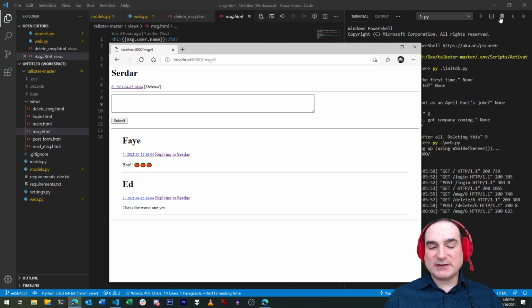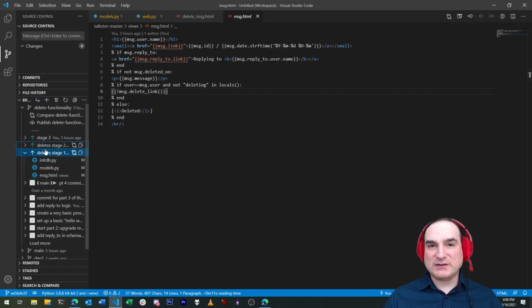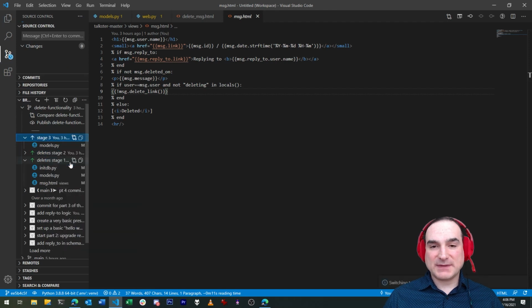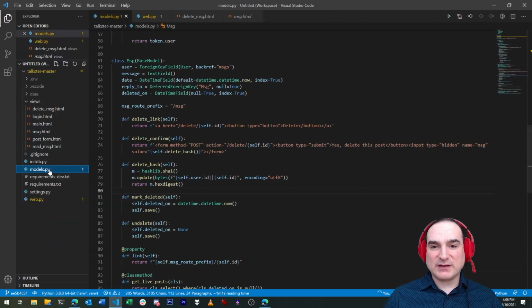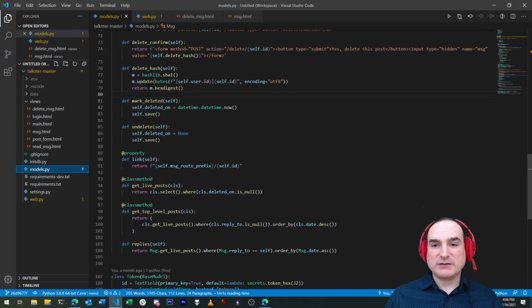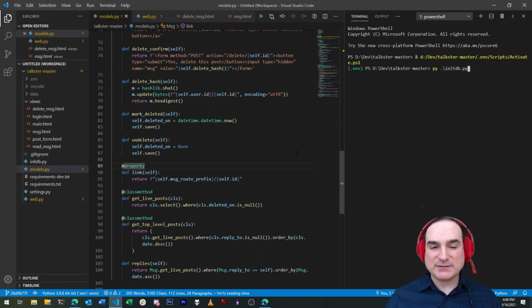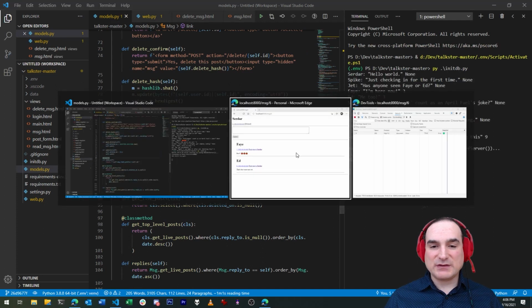Now, for the last step in this exercise, let's modify the front page and message threads to not show deleted messages at all. To do this, we don't have to touch the templates. All we need to do is make some changes to the methods in the message class. By default, both the get top level posts and the replies methods use all the available posts in the system. We're going to create a new method for message, get live posts, that fetches only the posts that haven't been deleted, and we'll use the posts generated by that method as the source for getting the top level posts and the replies.